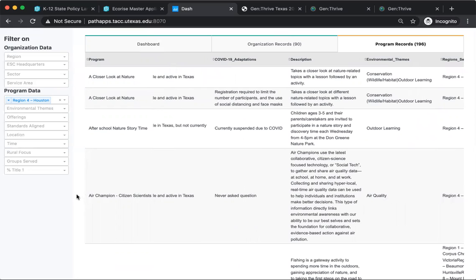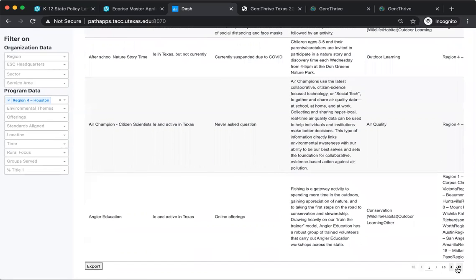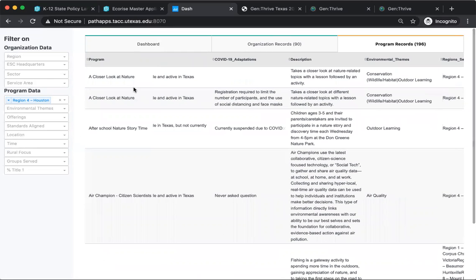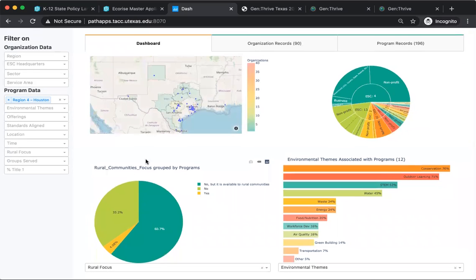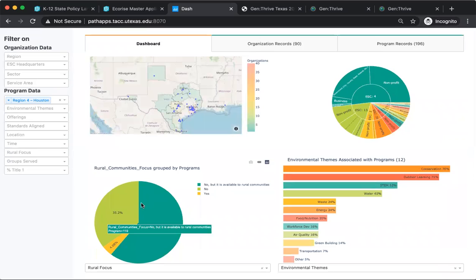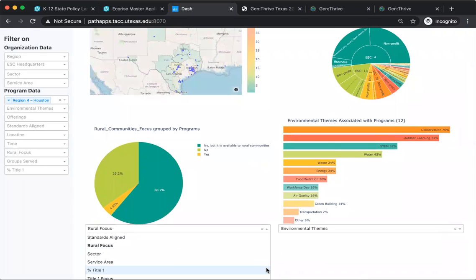And the neat thing is here, you can scroll through them. You can go through the pages in the bottom right-hand corner, but there's an export button. So you can export this as a CSV. So you could, going back to the dashboard, the charts have changed. Right now we're looking at the pie chart is which of these programs that are available in Houston are also available to rural communities. Well, we can change that and say which of these programs are